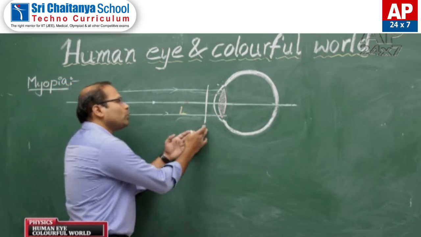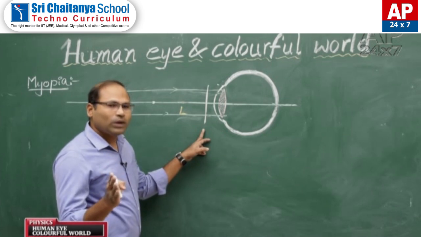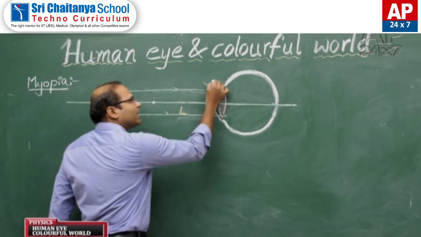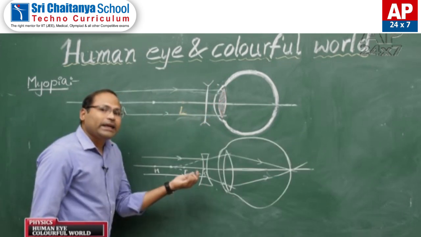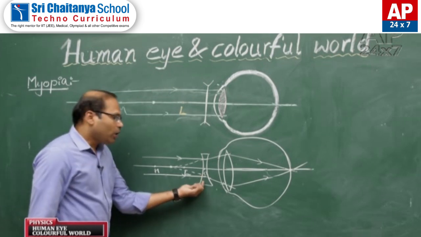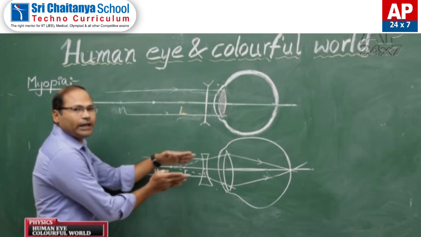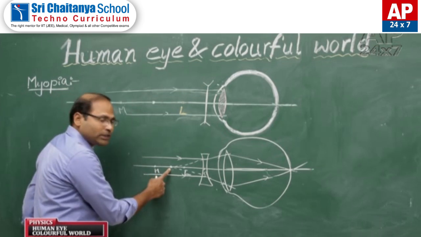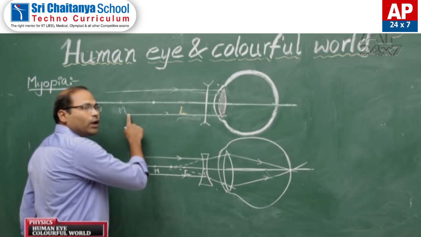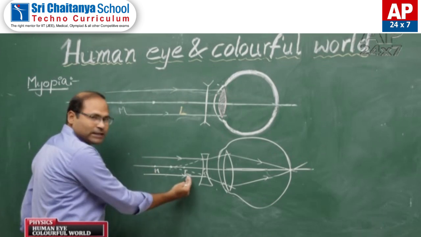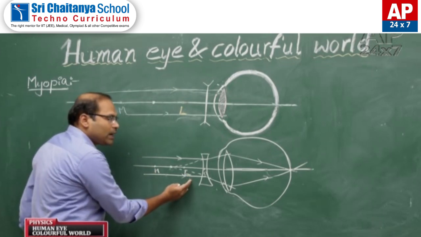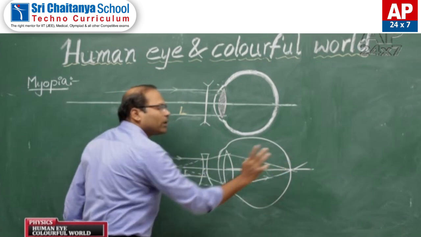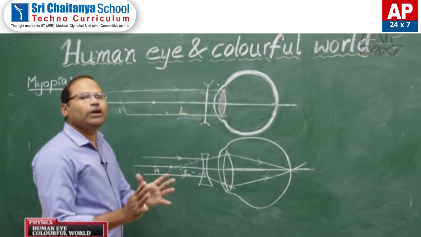But which lens will do that part? If you recall the knowledge of convex and concave lenses, a concave lens will help us in that aspect. Here we are taking a concave lens. A concave lens can diverge a parallel beam of light so that the rays are diverging from a point. If this point of divergence lies in between the far point and the least distance of distinct vision, then this image acts like an object for the eye lens, and the eye lens can form a clear image on the retina. The problem will be corrected.